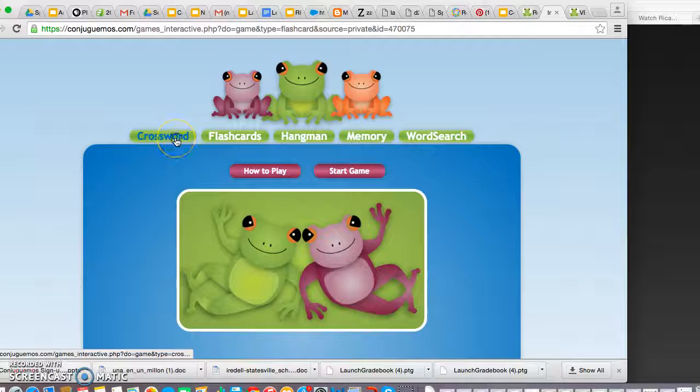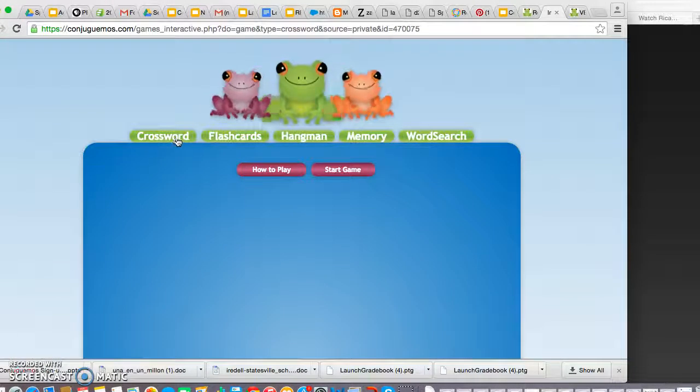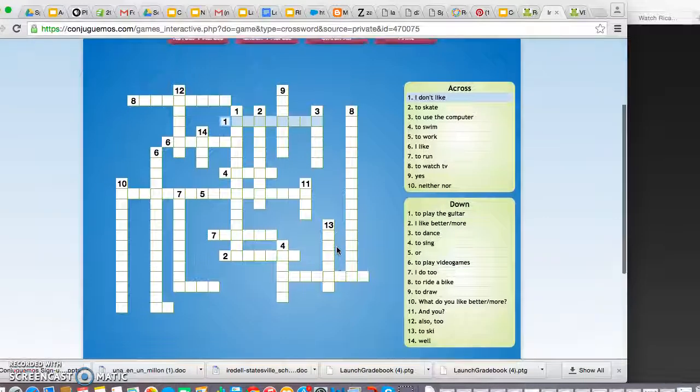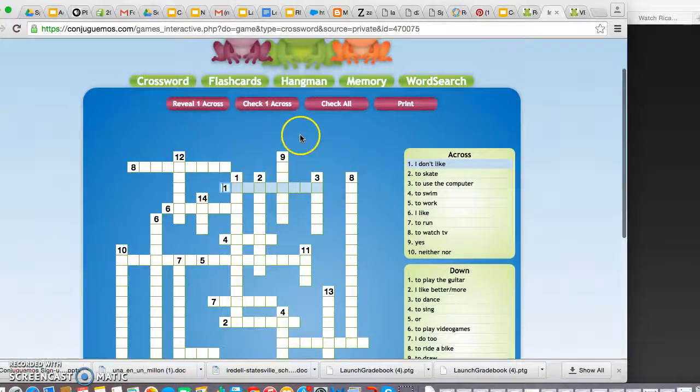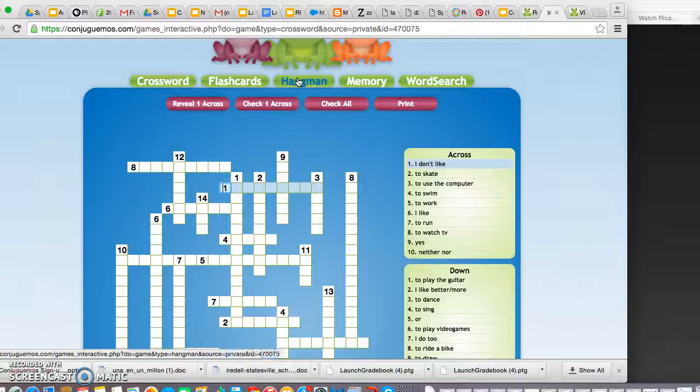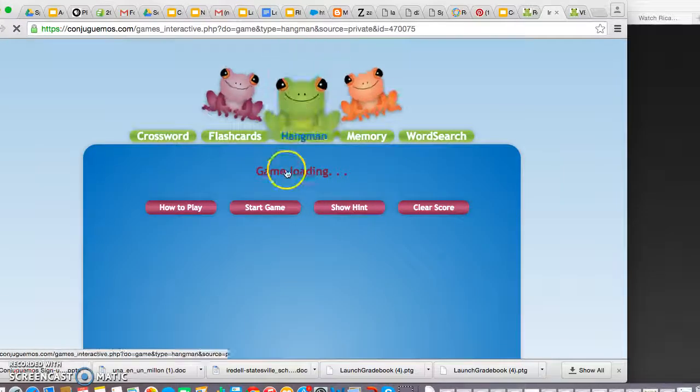There's another activity called crossword. Again, you can see how to play the activity if you're not sure. And then start game when you're ready. This is the practice activity for ¿Qué te gusta hacer? Crossword. There are other activities like hangman,